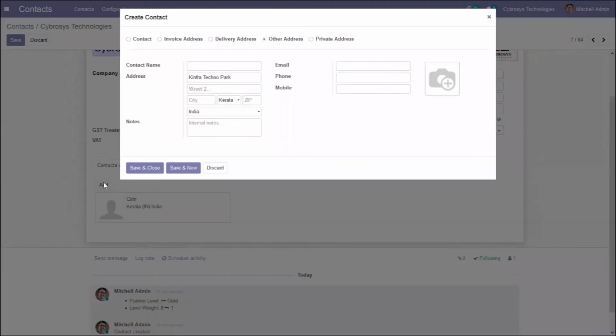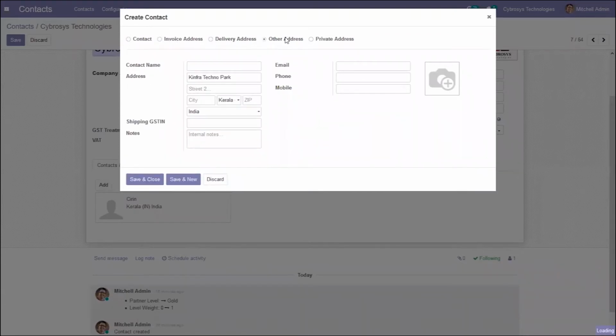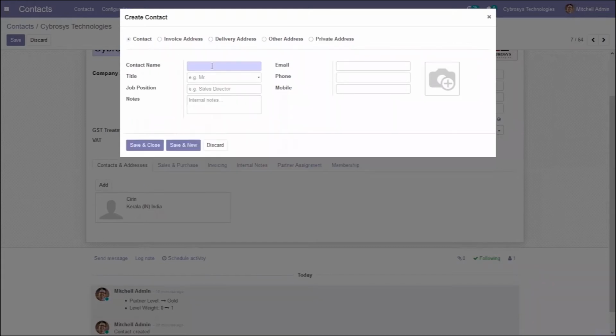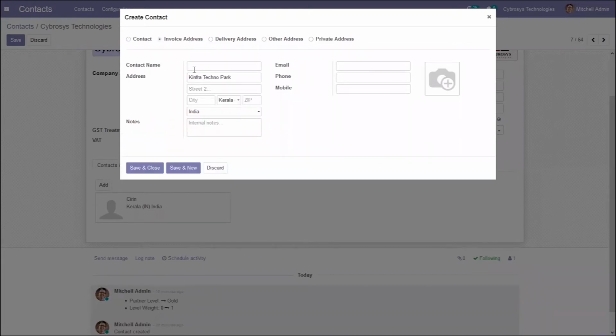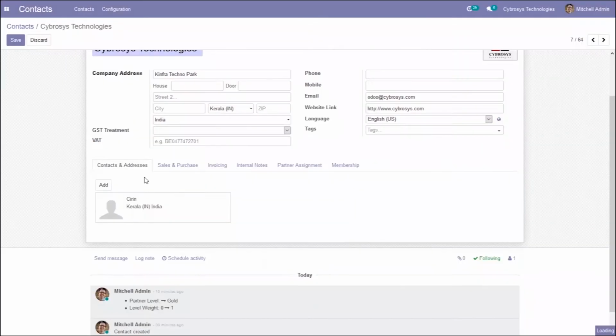Already one contact is added. Here we can provide the contact address, invoice address, delivery address, or other address of this contact. Here we can provide the contact name. After setting the addresses, you can save and close. So you can see one more contact is added.